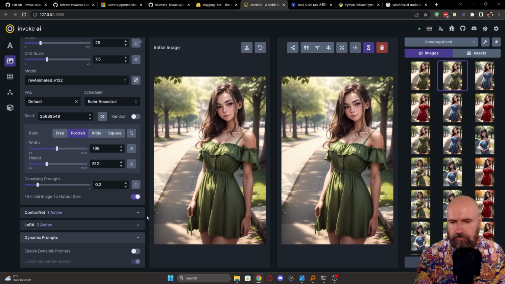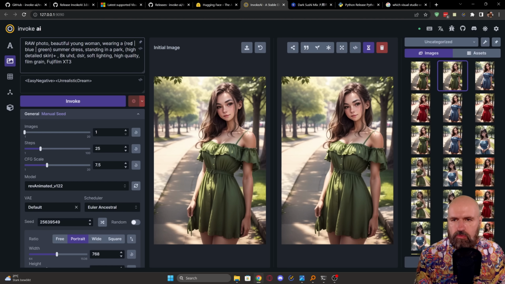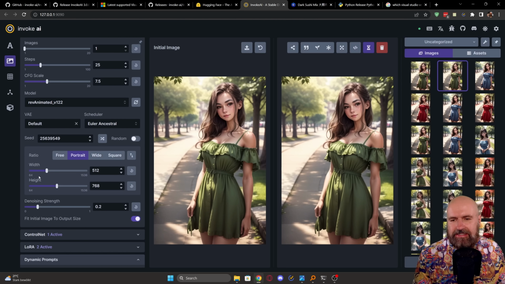So turn that off. And then up here in the prompt, you want to remove everything you don't want to have here. So in this case, we remove all of these choices and just leave the green dress. Down here for the size, there is no multiplier, so you simply push this up to the value you want to have. So I grab this and I want to have here 1032 by